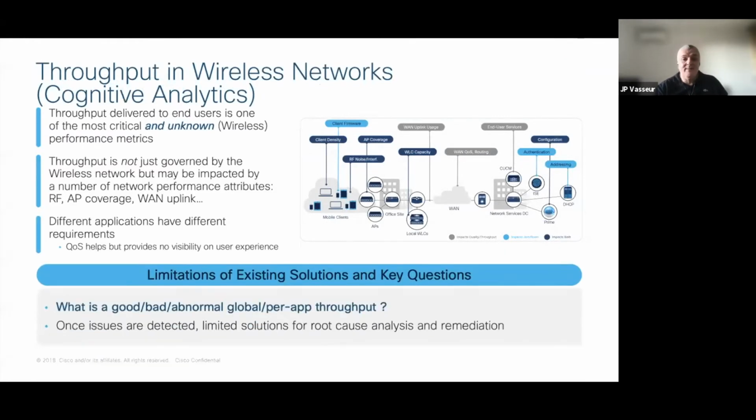So in this case, one of the biggest problems is, when users complain about bad throughput, for example, how do you determine what is a good throughput and what is a bad throughput? The approach before was basically to use a threshold. But again, how do you set the threshold? It depends on the noise in your building. It depends on the size of the uplink. It depends on many parameters, the number of users, the time of the day, and many things like that. So the idea was, well, can I use a machine learning algorithm to determine when I should be concerned about